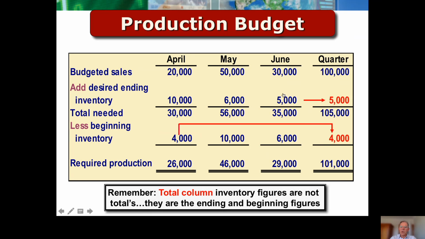Just be aware that for our quarter, of course, the end of June is the end of the quarter, so we can just carry forward the closing stock at the end of the quarter, 5,000. The beginning stock for the quarter is the stock at the end of March or the beginning of April. So we carry that forward down, and therefore that figure there, total required production, will now balance with these 3 months worth of production figures.